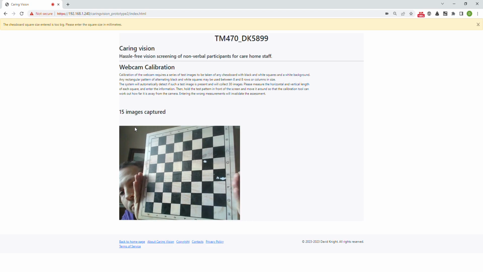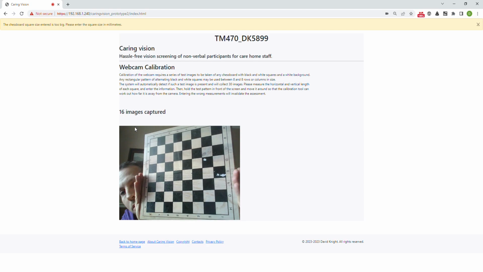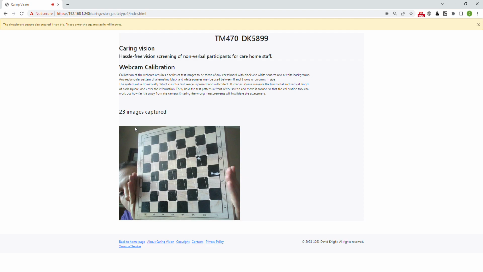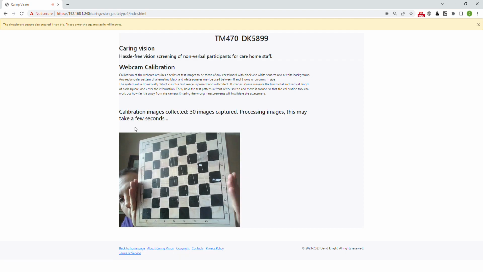And then once it's done that, it stores the images, and when it's stored 30 of these images, it will then start to analyze the images. So we are almost there now. There we go. So now